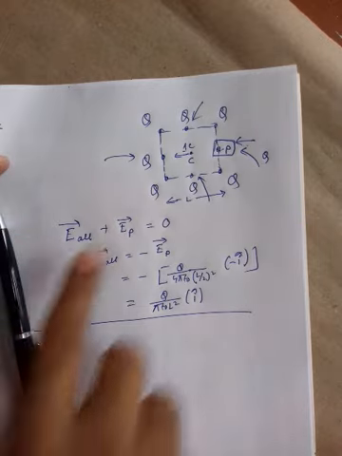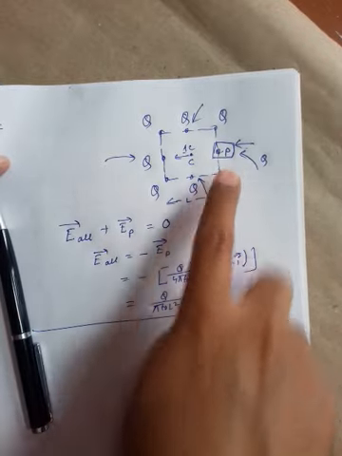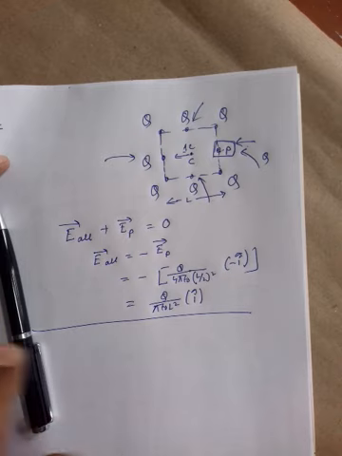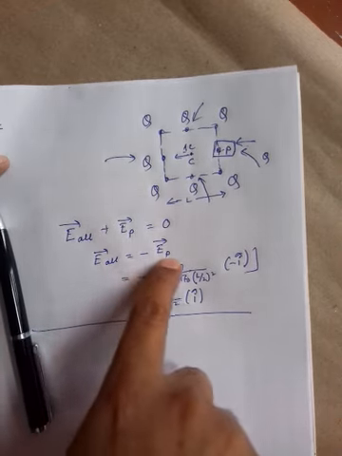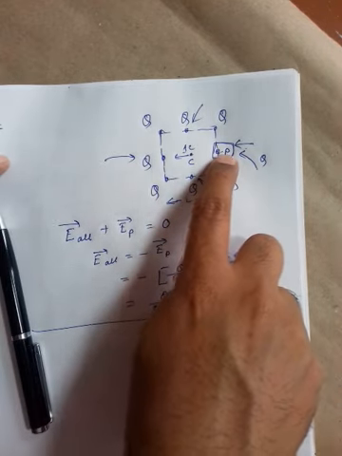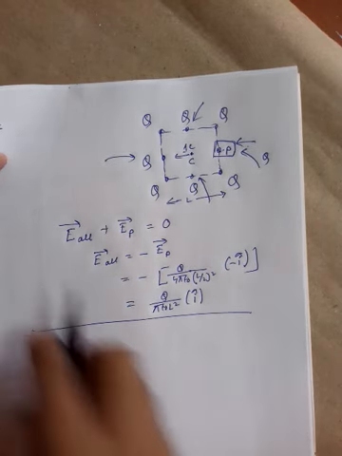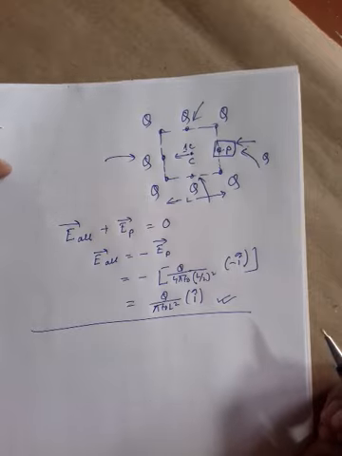So what we are doing: the field because of everything, if by chance the field at point P is included together, should be giving us 0 field. So E because of all the charges should be equal to minus of E because of the charge present at point P. At point P no charge is present, I am just imaginarily considering a Q charge present. Clear? In that way we get the answer easily without big mathematical steps.